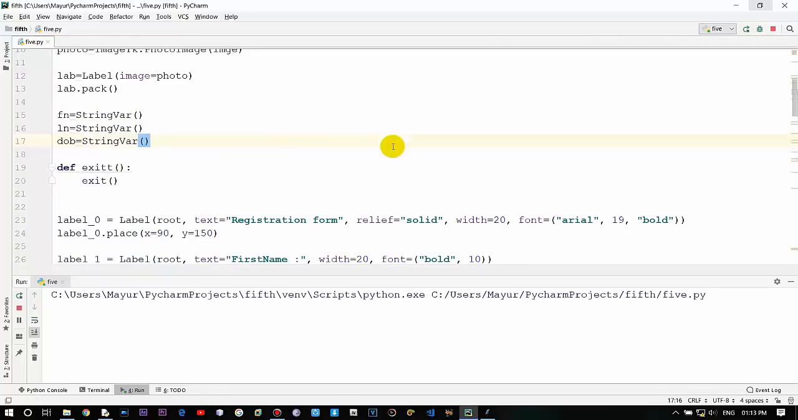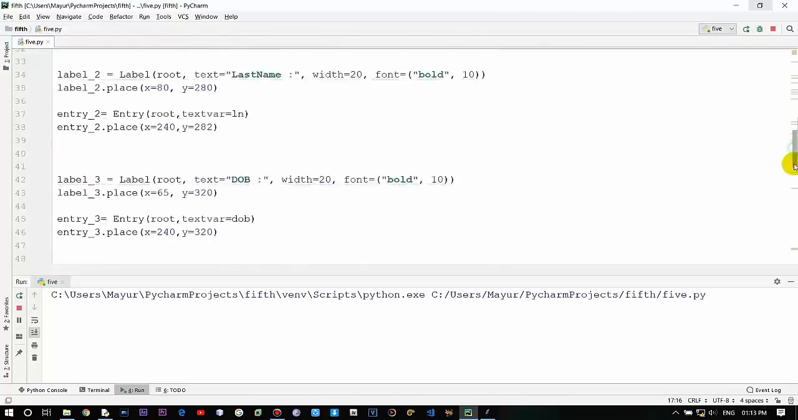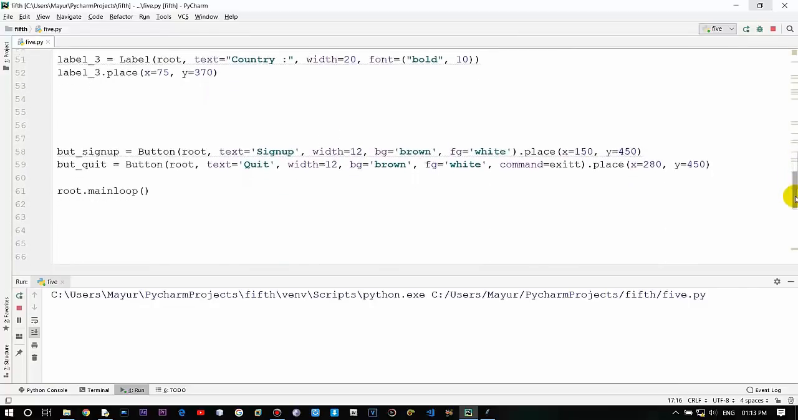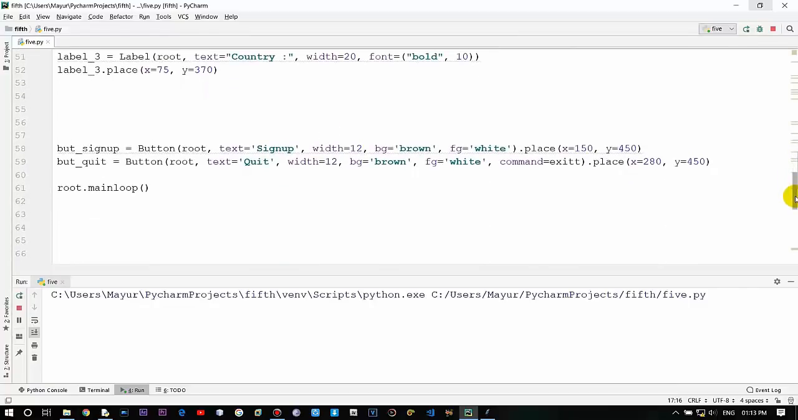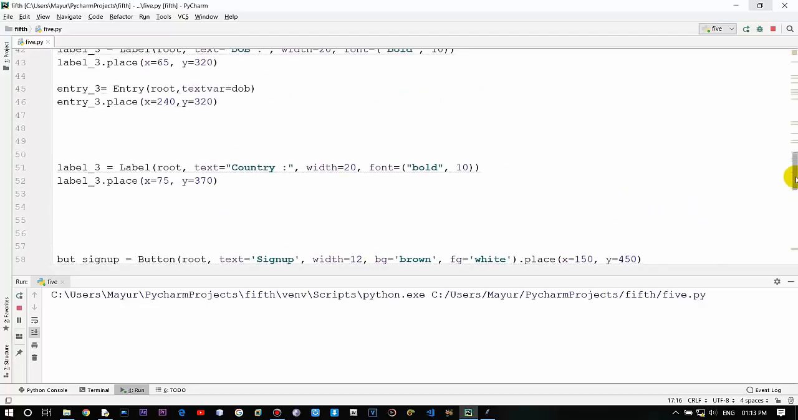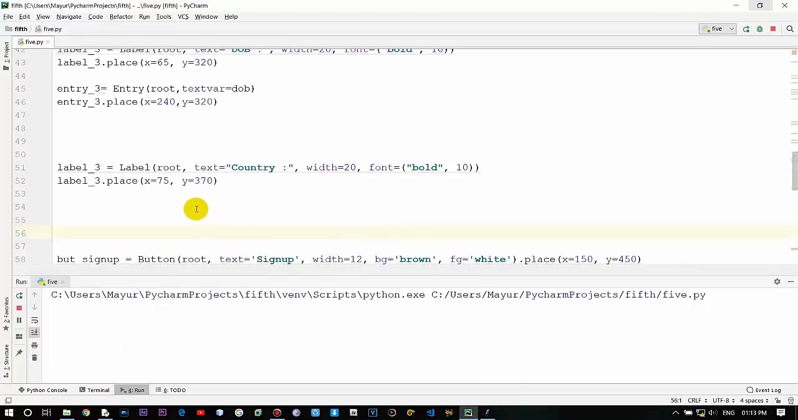Okay, so now we'll be getting into the combo box, right? For a combo box, first of all just create a list. Here we need a list of countries, so just create a list of countries, that is list1 is equal to